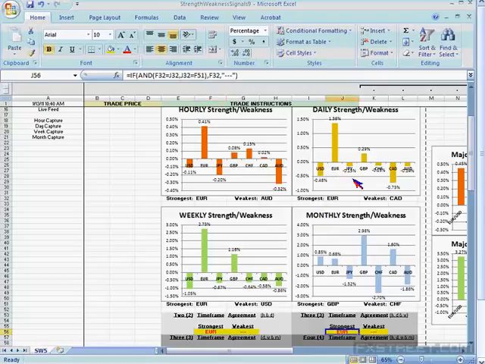So for the euro there has been a great opportunity, on a short-term basis since yesterday, there has been an opportunity to buy euro. Now, buy euro against what? If you take a look here, okay, there are several different possibilities. On the monthly, if we're looking at weakness on the monthly, we have the Swiss franc as the absolute weakest.